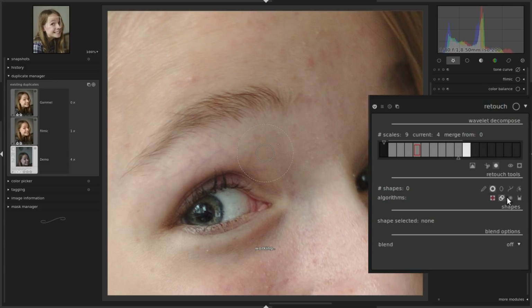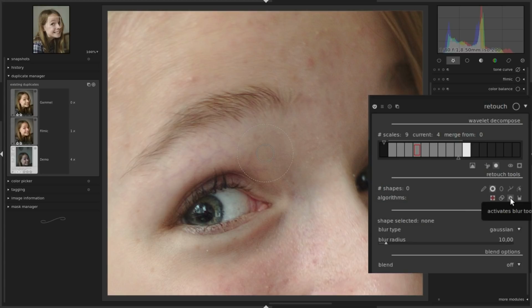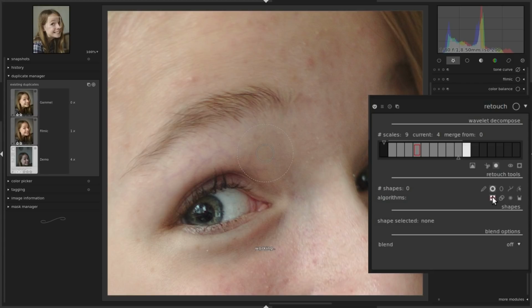There's also a cloning tool, a blur tool, and a fill tool. I don't really master the difference between them, so for now we'll just stick with the heal tool, and we'll make